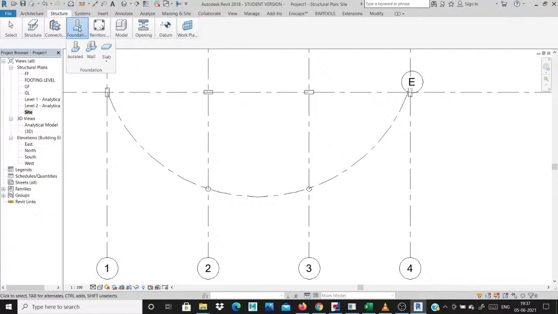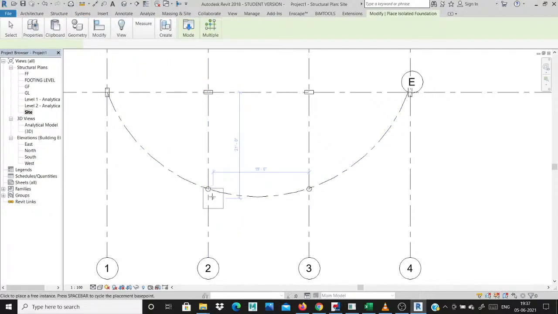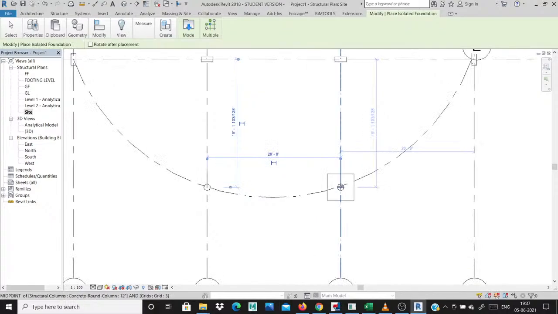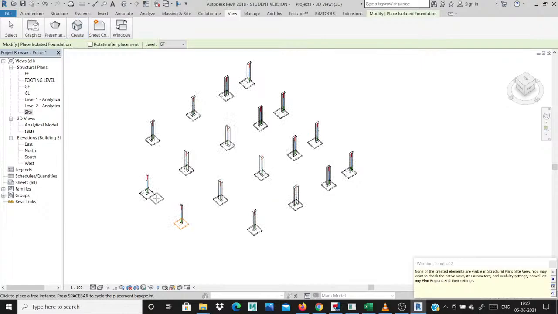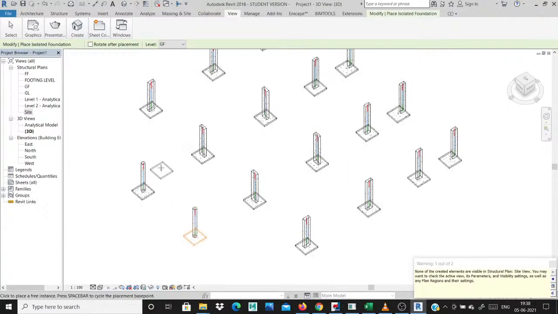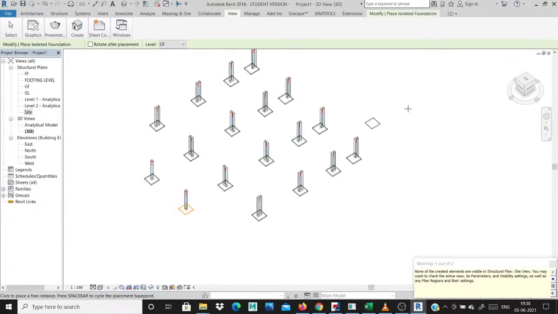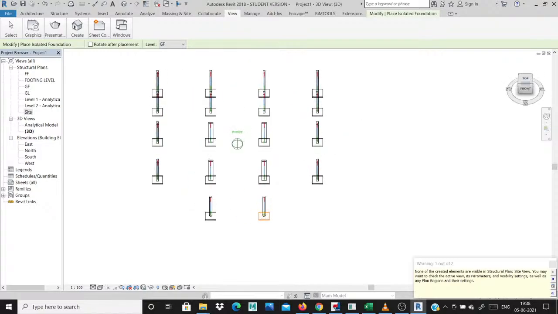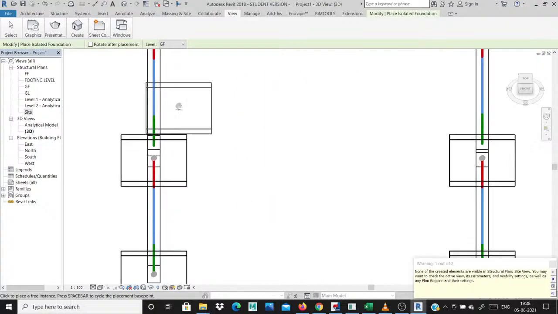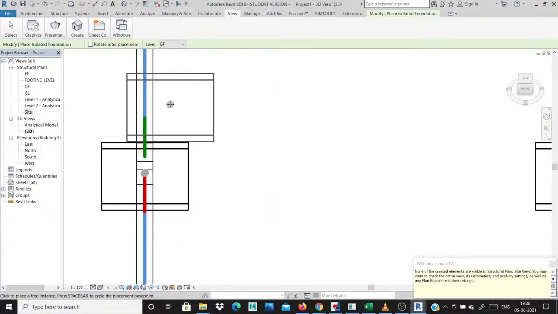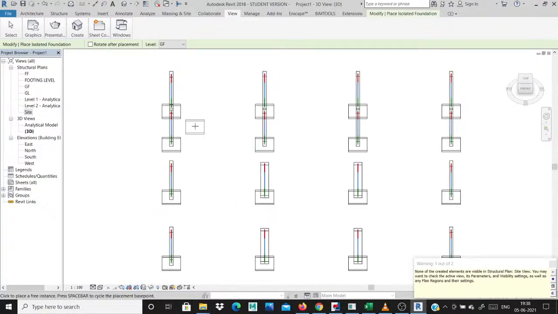rectangular footing also. I did not create a circular one; I simply provided a rectangular footing in this circular portion. This is wrong, but I simply provided this rectangular footing for these sizes. Okay, I simply created these columns, spread footing and eccentric footing for your areas. Okay, then how to create